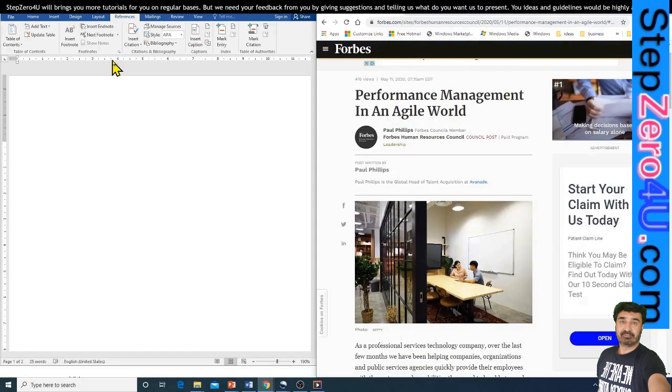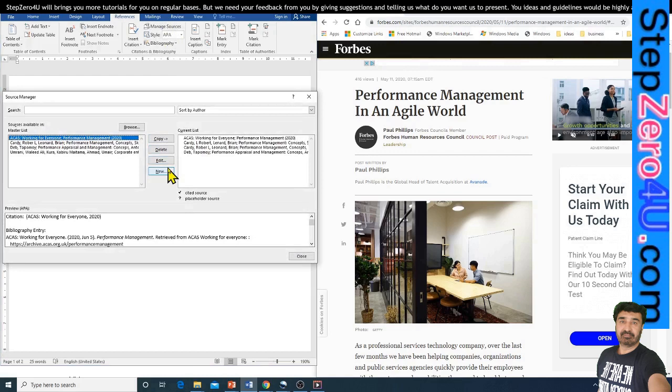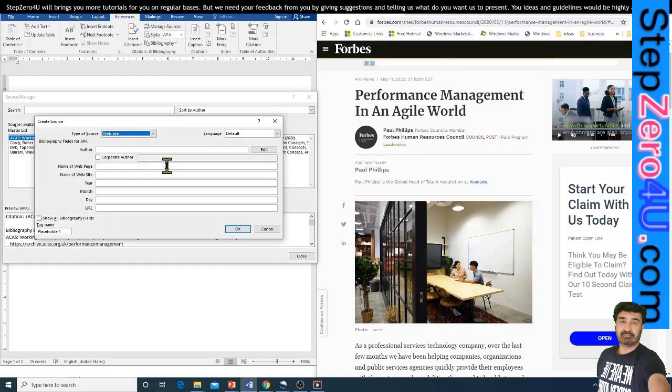Now we will show you some examples. For example, this is a Forbes page and a document on Forbes, a very authentic website. The research reports are very popular. So how to enter their information? Select the source, fill the form, copy the URL, and OK.